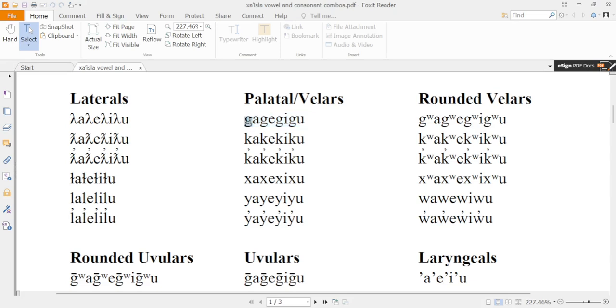So there's going to be kind of a y sound before the A and before the U. All together, gya, gi, gi, gyu. It's very similar with the K, but it's a harder sound than g. So it's going to be kya, ki, ki, ku. Ejective K, kya, ki, ki,